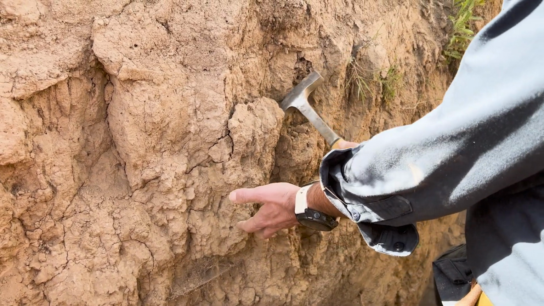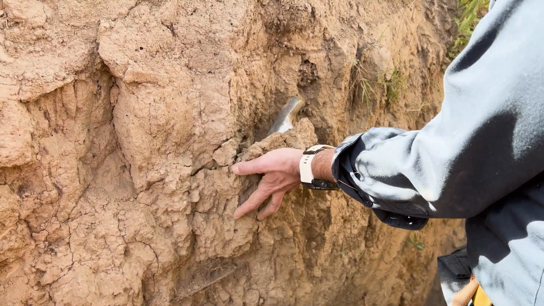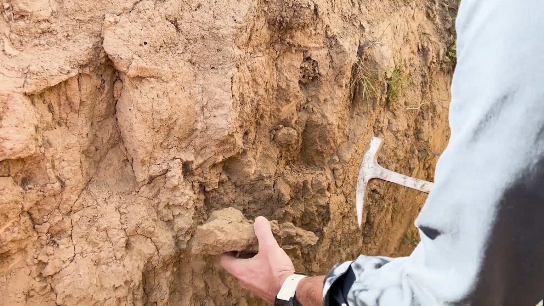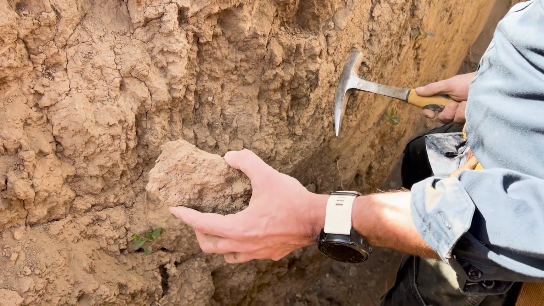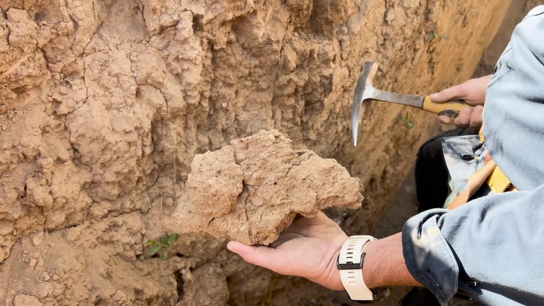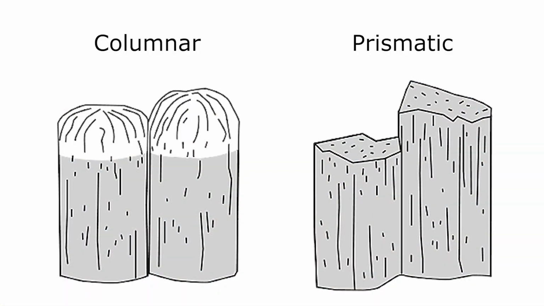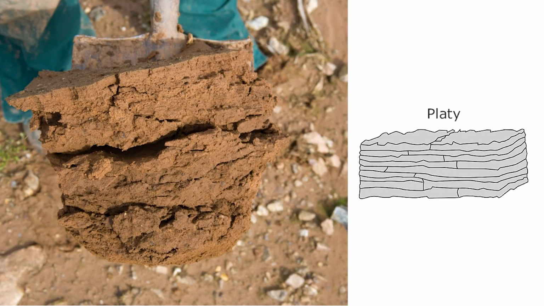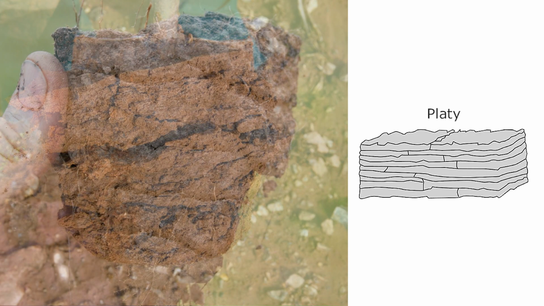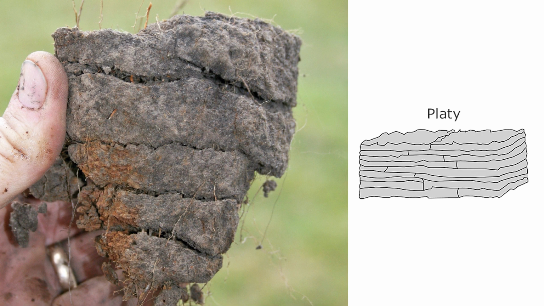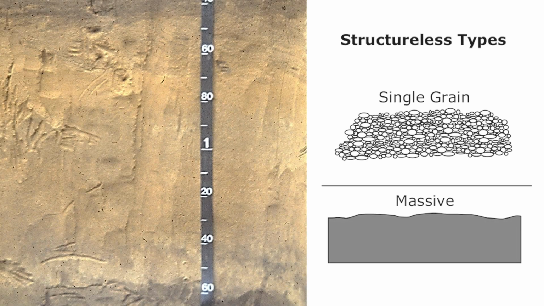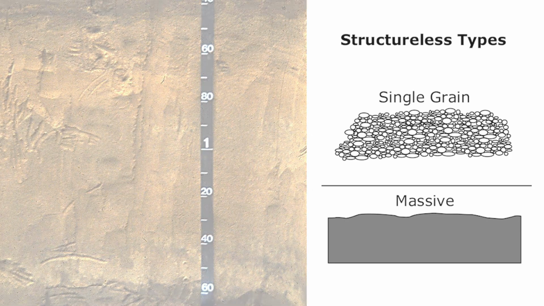Less common soil structures are columnar and prismatic, which are identified by columns that have a similar length and width but a much taller depth. Similar to blocky structure, columnar soil PEDs are rounded at the end, while prismatic structures have sharper angles. Platy structure is made of shapes that are wide and thin. It looks a lot like little layers stacked on top of each other. Occasionally, you may come across soil that is considered structureless. These include single grain or massive structured soils that are loose particles with no discernible PEDs.